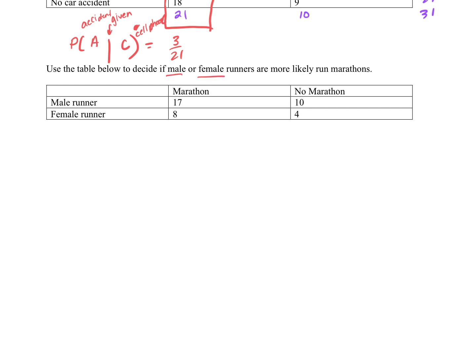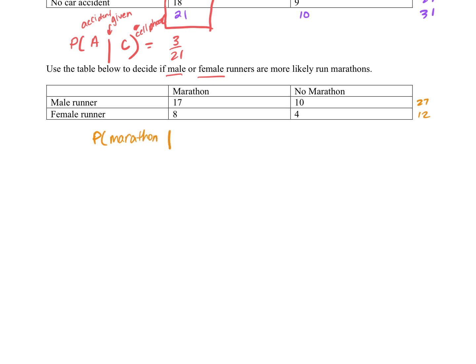Yeah? Go ahead, Shane. So for calculating the male and female separately, so you can just do 17 plus 10 and then 17 divided by that. Okay, so are you guys with me that of the male runners, there are a total of 27, and of the female runners, a total of 12? Yeah? All right, so the probability of a marathon